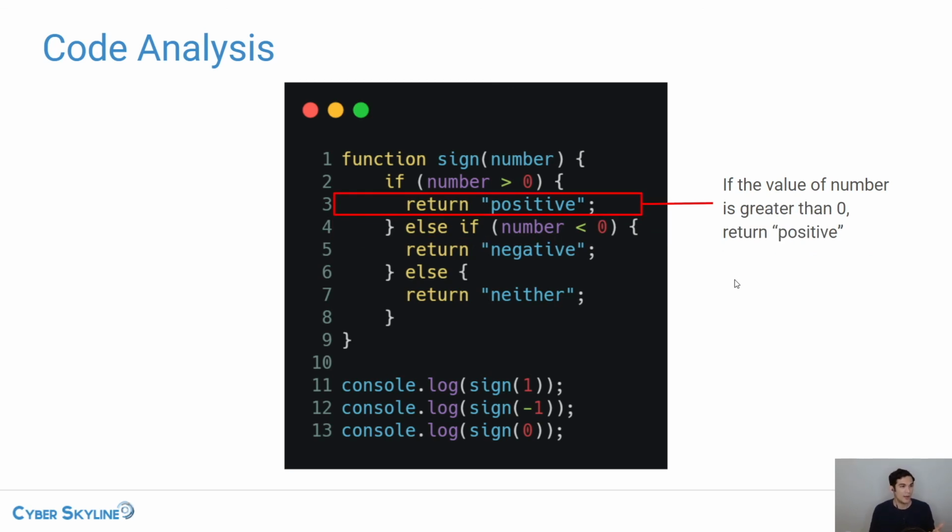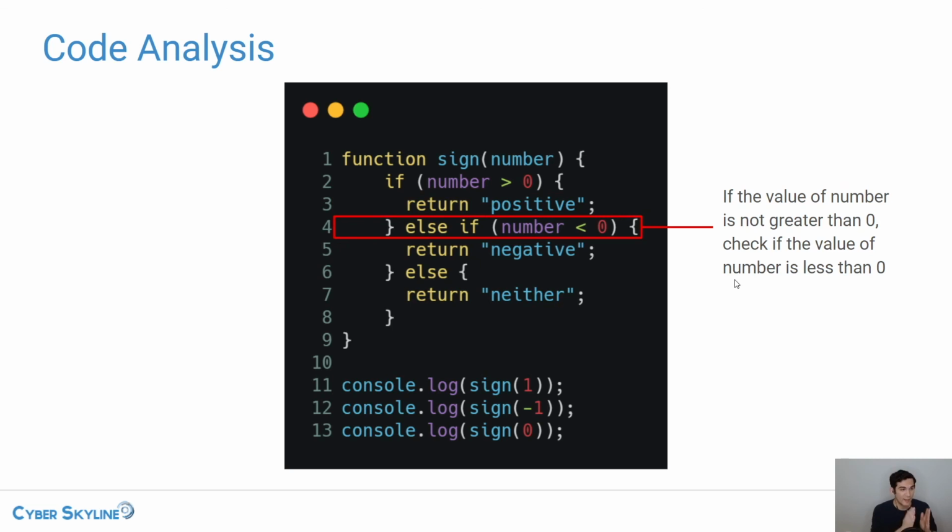And so our logic for what happens in the case that number is greater than 0, we are terminating that logic right now. We're saying we're returning positive if number is greater than 0. So we need to have a close brace, close bracket to indicate that our logic for what happens if number is greater than 0 has come to an end. And now we want to define another condition. This new condition, we're saying else if,